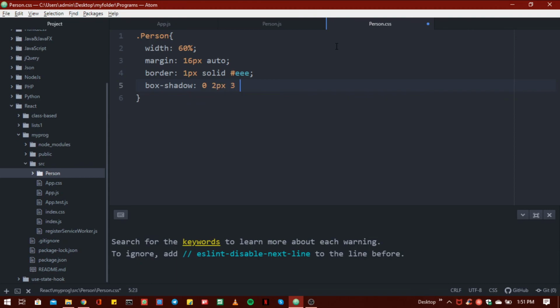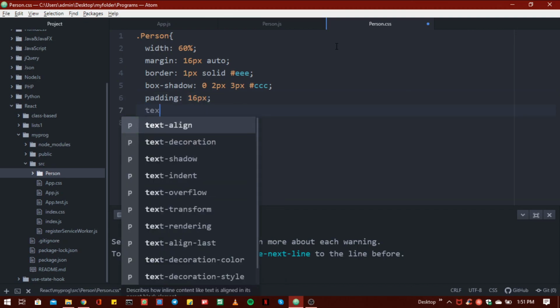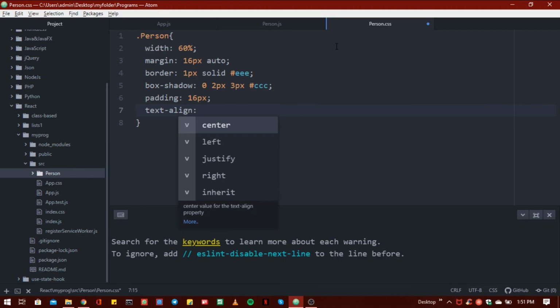This is the HTML stuff, so I don't go into detail, and I want to use some dark color like CCC, and here I want to add padding of 16 pixel, then text align also, and this is center.